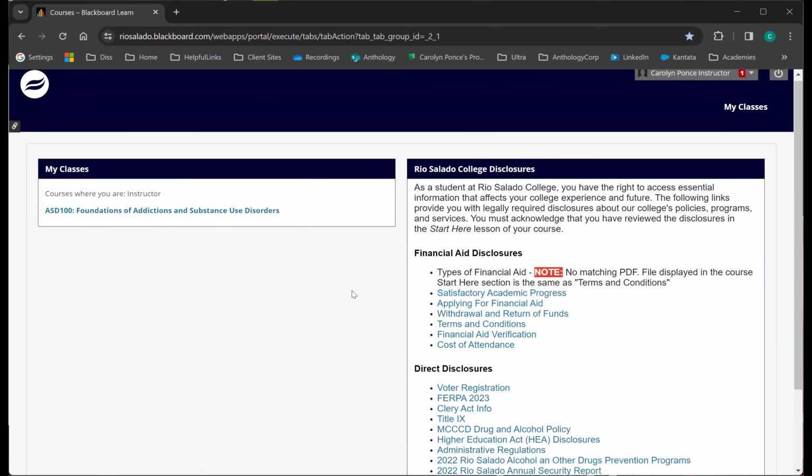Some of the other areas I wanted to point out are the rubrics. If you're utilizing rubrics for grading, they live in the control panel, course tools, and rubrics. If any rubric needs to be updated, that may be something that you'll need to work with Kali or anyone else on the team for. Your tests: the test links where the student needs to go live in the content area where the test is.